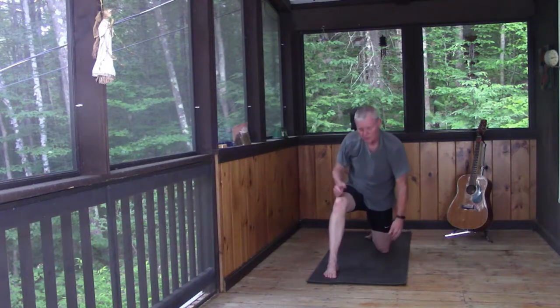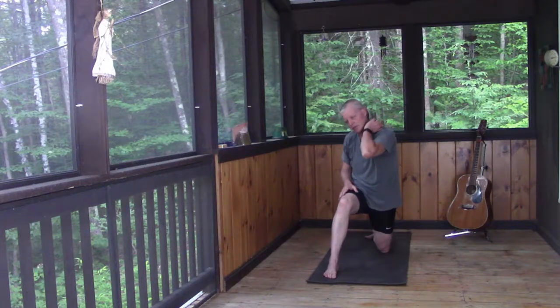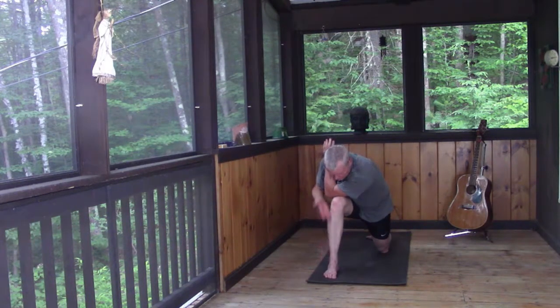Now come up and we'll take a twist again. We'll have an option here to elevate that left leg in a moment. So take the left elbow to the outside of the right knee for the twist. Again, make sure you have perfect alignment here of the right knee directly over the right ankle, and then twist